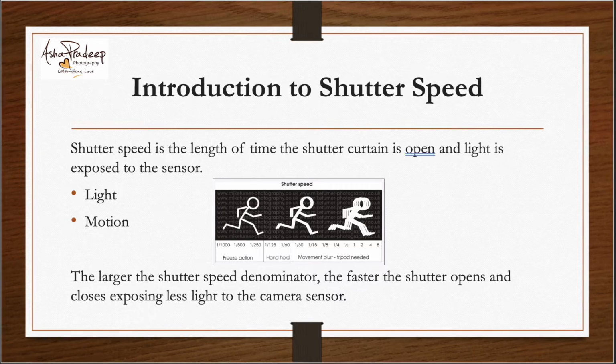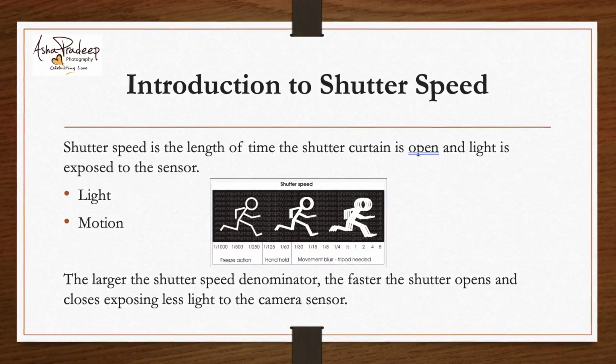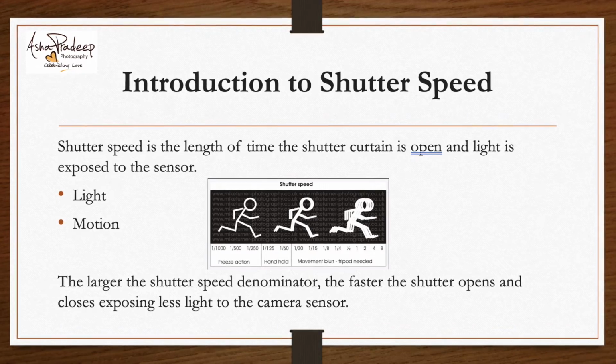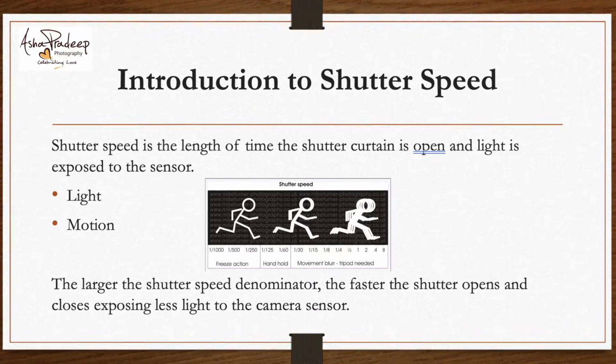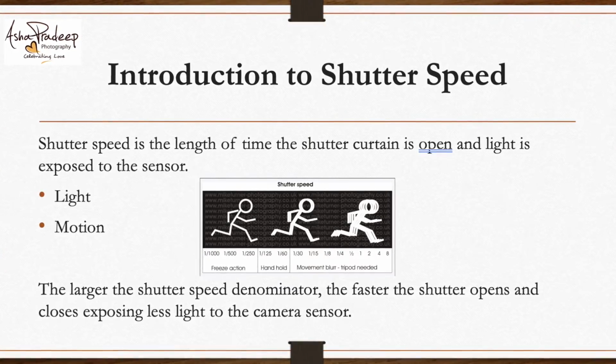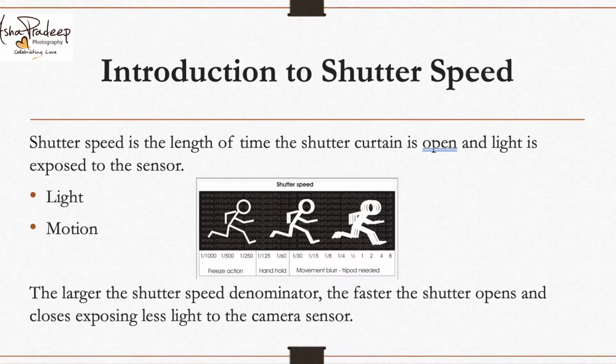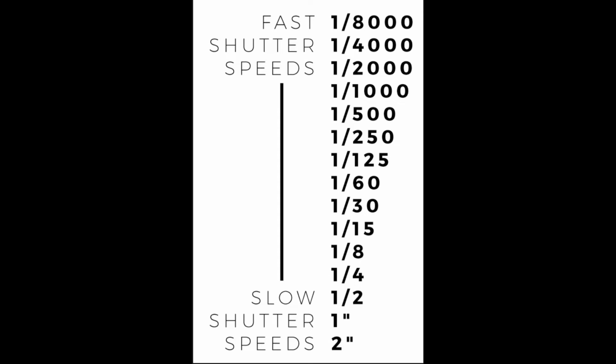Shutter speed is the amount of time the shutter is open, and the measurement of time. It is basically the timer for the light coming into the camera. The shutter speed is the length of time the shutter curtain is open and the light is exposed to the sensor. Shutter speed is measured in time increments ranging from full seconds to a fraction of a second, sometimes up to 1/8000. The larger the shutter speed denominator, the faster the shutter opens and closes, exposing less light to the camera sensor. When you use a lower shutter speed, the shutter is open longer and exposes more light